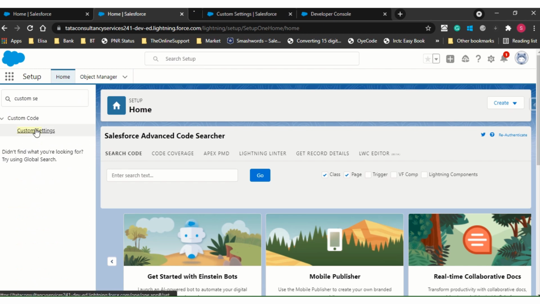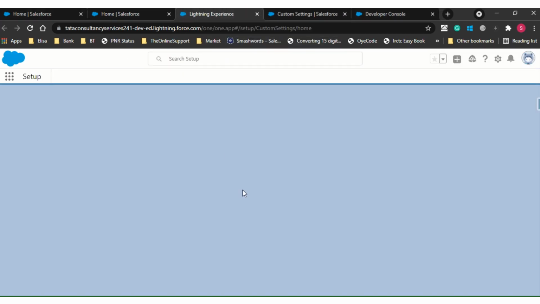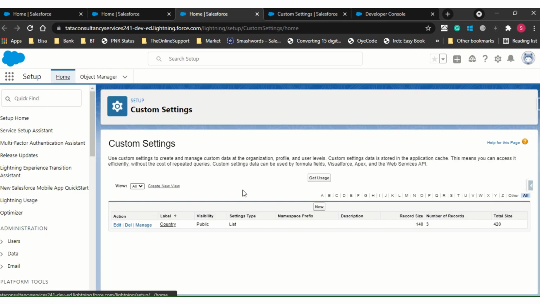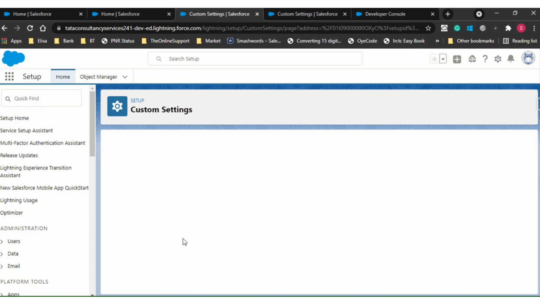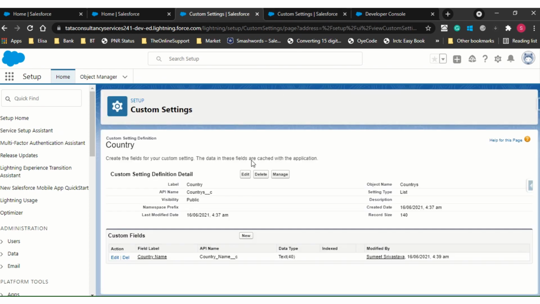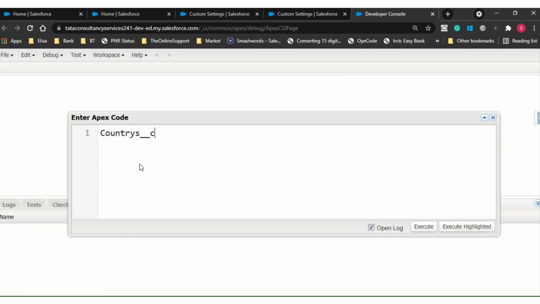Custom setting, Country, it may be Country underscore c, yes, this is the API name. So I will put the country abbreviation equal to, again, dot getValues.